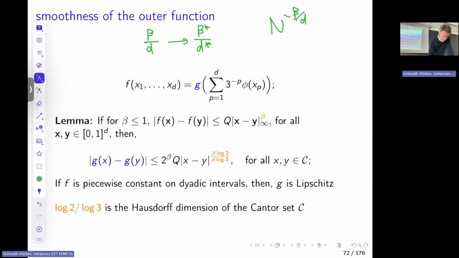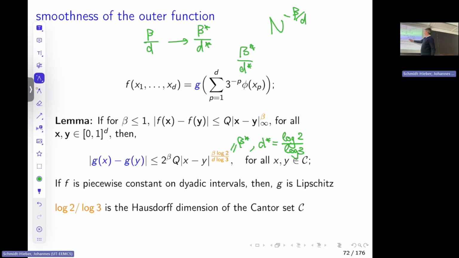Okay, and now if we work it out, if we now take this, what's the smoothness? This is the beta star. So this is now, after the transformation, our beta star. And what is our d star in this case? Well, it's the Hausdorff dimension of the Cantor set, log 2 over log 3. Then if we work out what is beta star over d star,